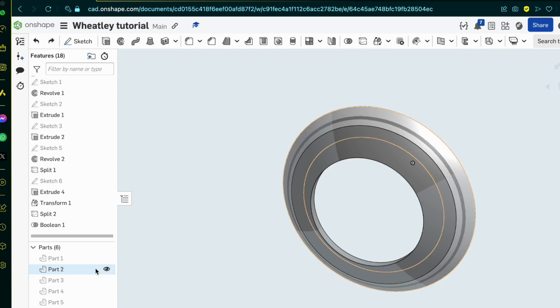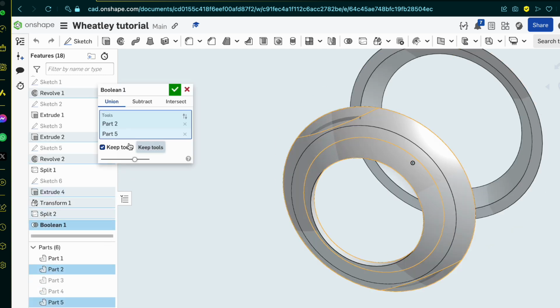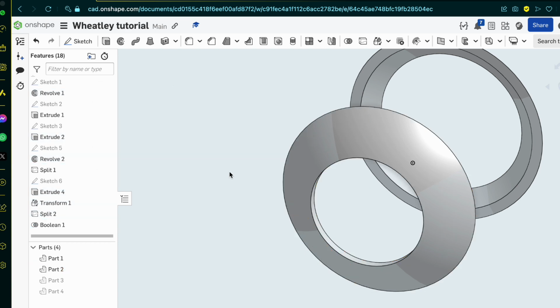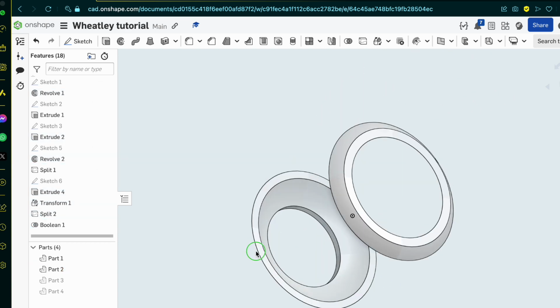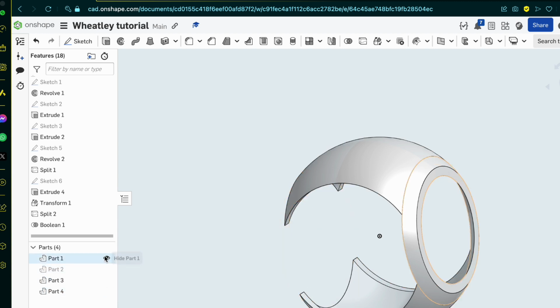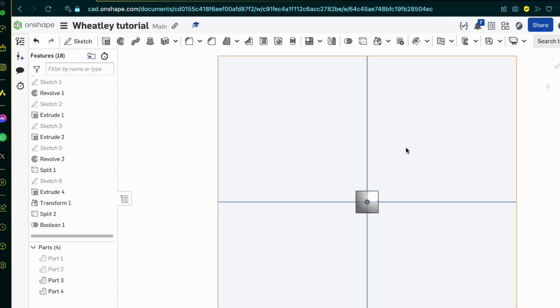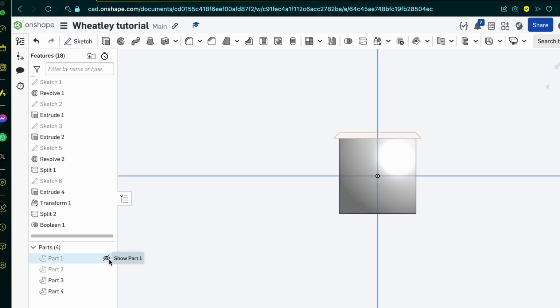So let's go here and let's change this boolean to not keep the tools. Now it becomes one solid piece. So now we have the top and the bottom panels, and the front and back. These panels are not right. They're actually wrong. So what we're going to do now is we're going to select bottom again, bring in the